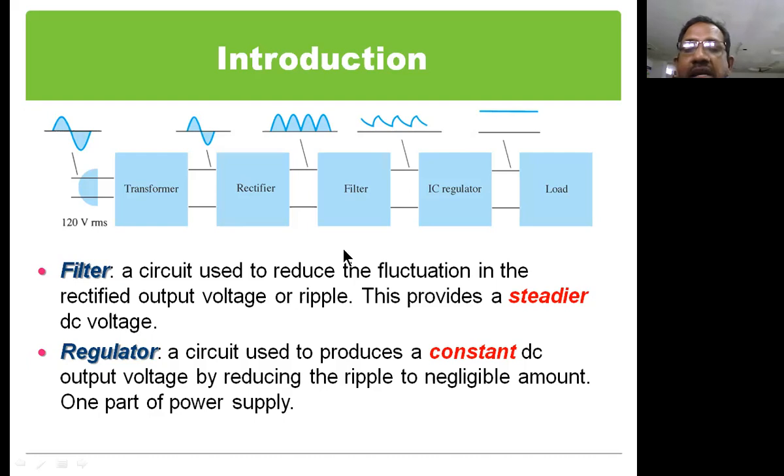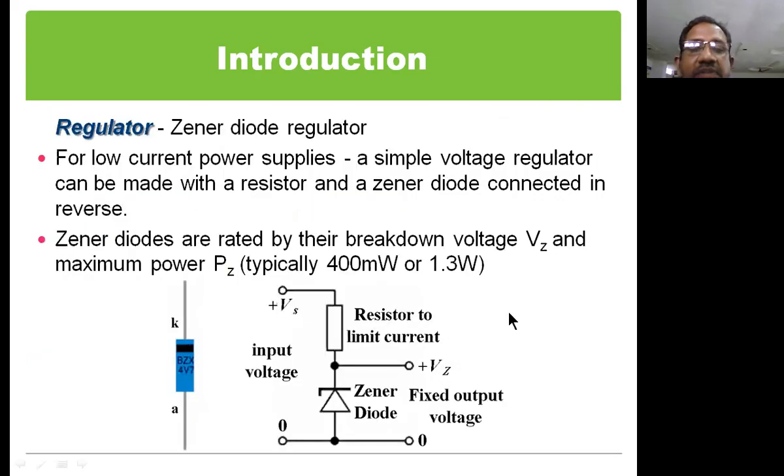But practically, that will never happen, right? Either one of these three parameters will keep changing while the power supply unit is operating. Therefore, the output is not going to be pure DC when there is no regulator. So we use a regulator, which is normally used to produce a constant DC output voltage by reducing the fluctuations at the input of the IC regulator. Okay, so this is the main purpose and task.